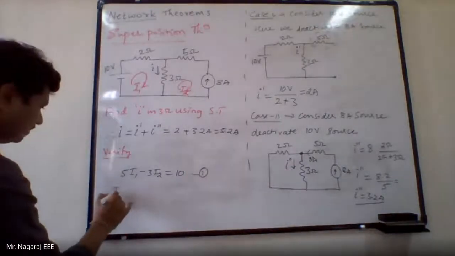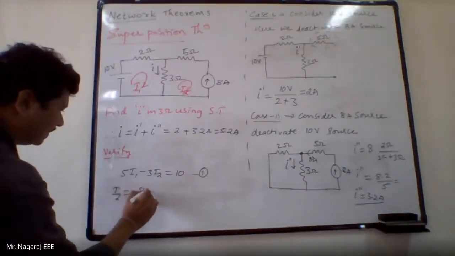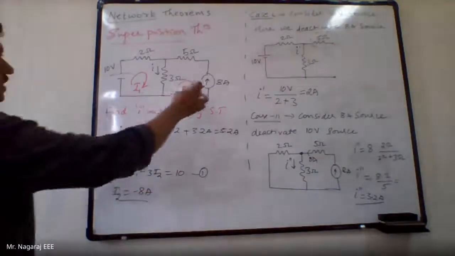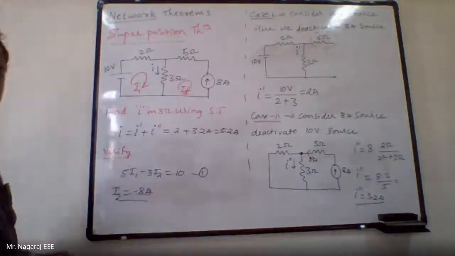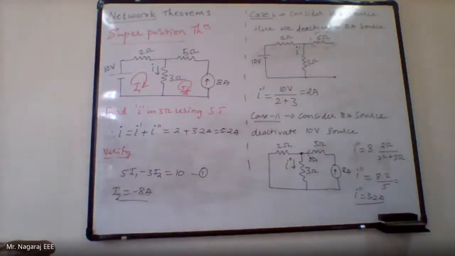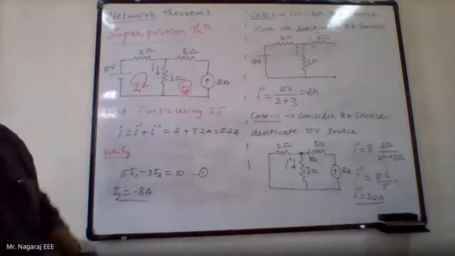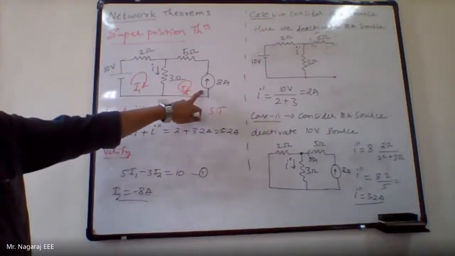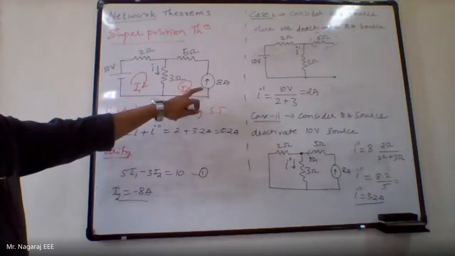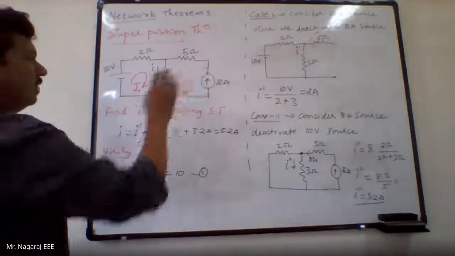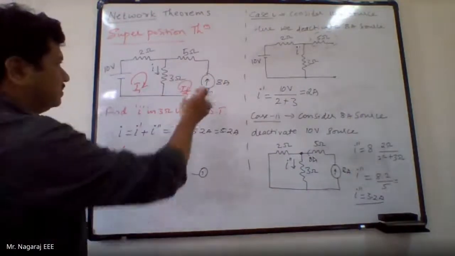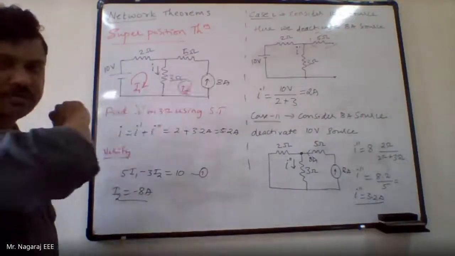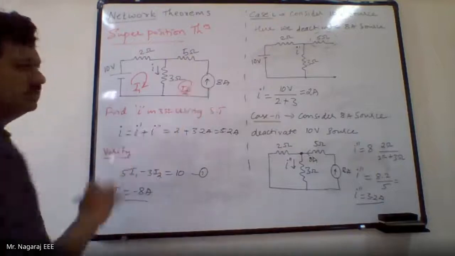In the second equation, I2 is equal to minus 8 amperes. I need not write an equation there because there is a current source in the perimeter of a mesh. The mesh current will be of that value only. This is not common between two meshes; it is in the perimeter, an independent branch, not a common branch. So I2 will be nothing but the current of the source. The source current is anti-clockwise, but my assumed mesh current is clockwise. Hence my I2 is minus 8 amperes.